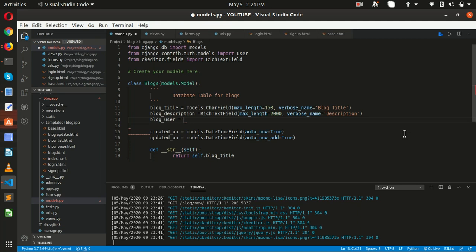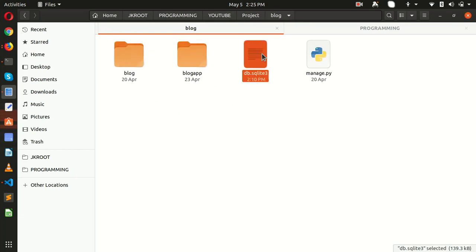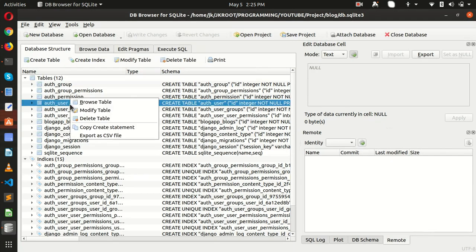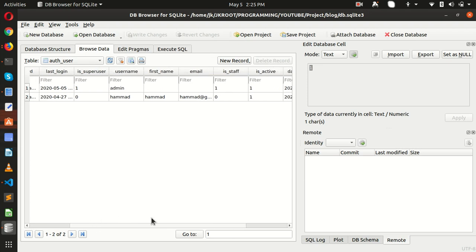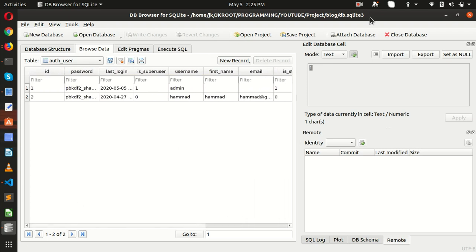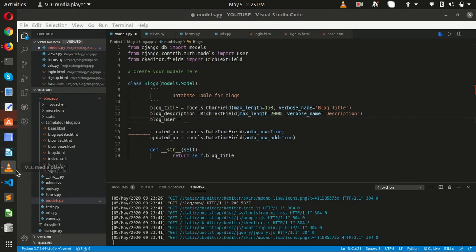For example, we are going to put some blogs from user 1, the admin one. There will be with admin's primary key, and other one will be with the other's primary key. For right now, if we go into our project folder, and if you click on our database auth users browser, so right now we have two users. One is admin and the other one is with the name of Hamad. So right now admin is logged in, and let's keep the functionality.